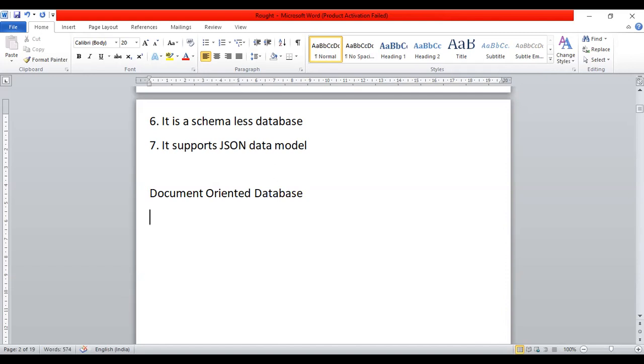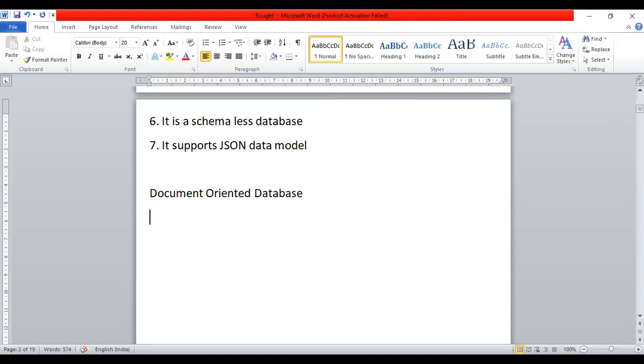Basically we say object oriented programming. So what is object oriented programming? It's the concept in which everything can be accessed with the help of an object. So here we have one concept that is document oriented. Document oriented means that everything, whatever I want to use, create, retrieve, or enter, all the different data,